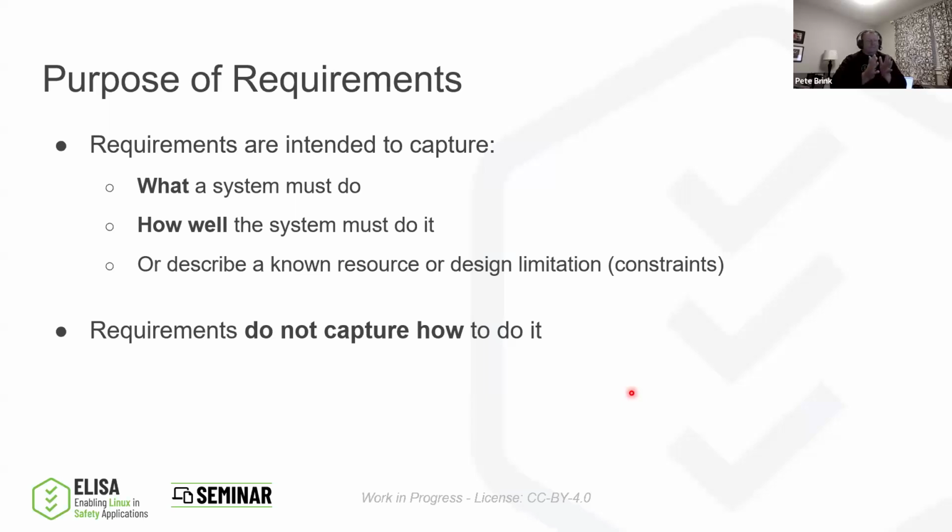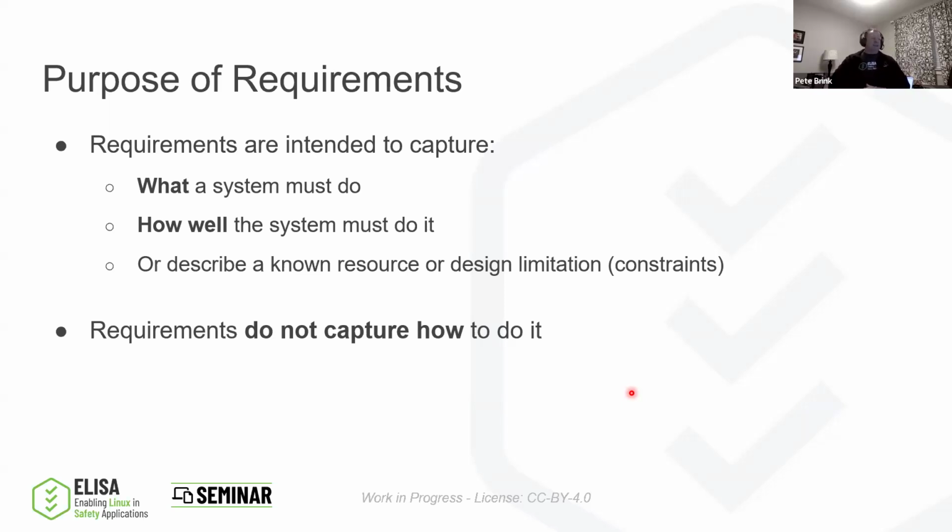When we write requirements, we want to capture what the system must do, because without that, it's not a requirement. I've seen a lot of things that say the system should do this, and I'm going, well, that's not a requirement, because if it should do it, that kind of means that it's optional. It means you can choose to do it or not, and that's very difficult to test, and it's very difficult for the person who's receiving that requirement to understand what they're actually supposed to do, whether or not they're supposed to implement it.